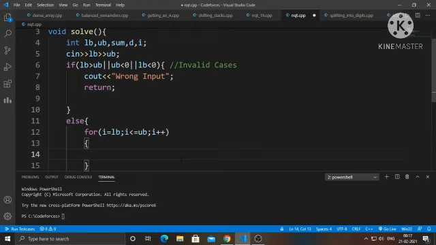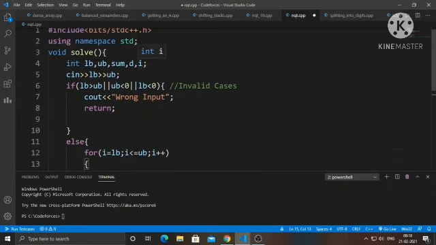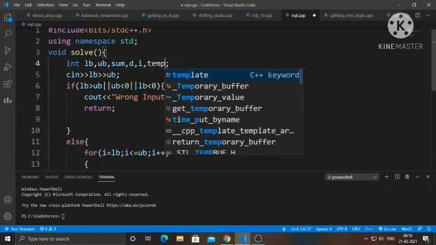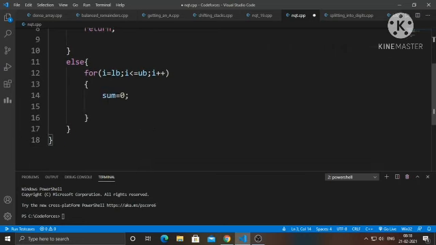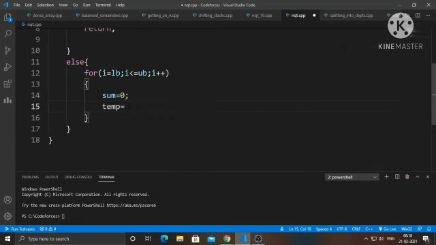Here we are making sum equal to 0 every time. I will explain why. Now let me declare a temporary variable, and we will store this i value in it.